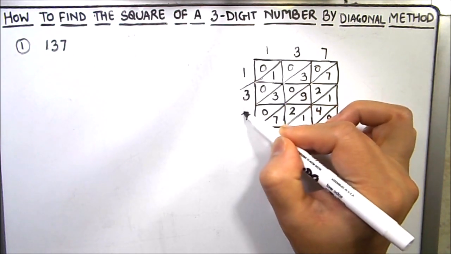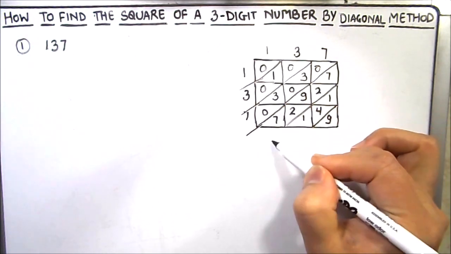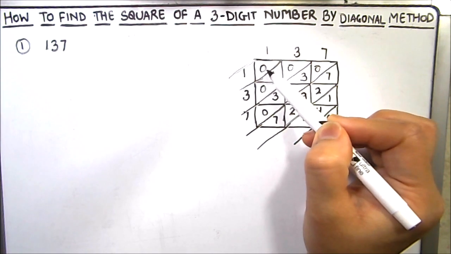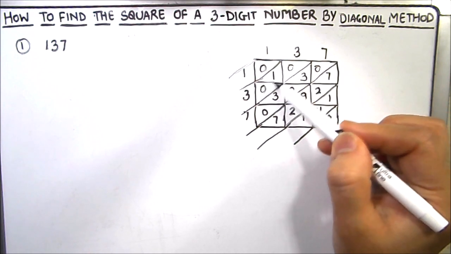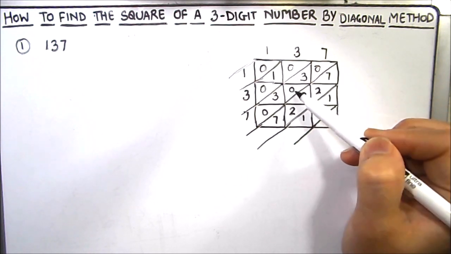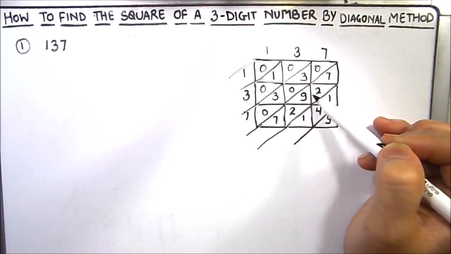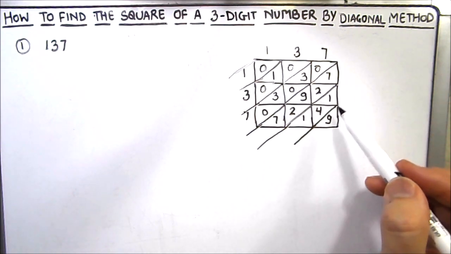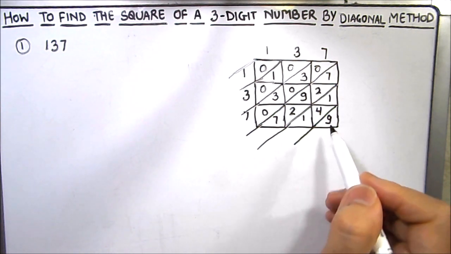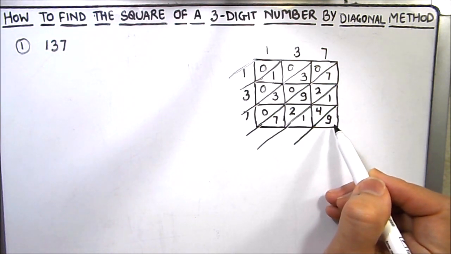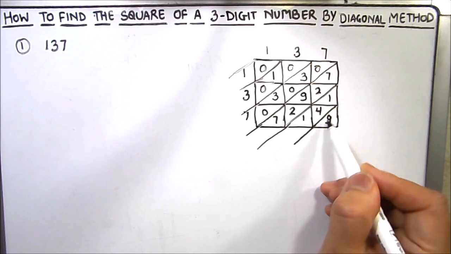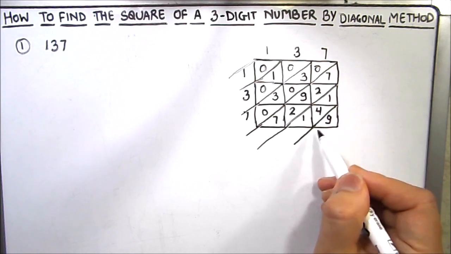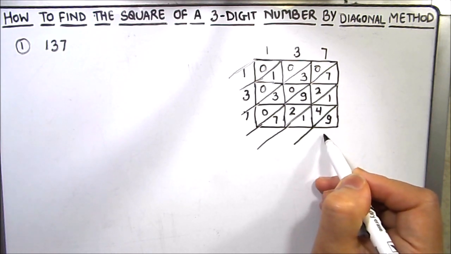So let's increase the diagonal length here so it is easy for us to understand where we are adding the numbers. The numbers here will be 0, 0, 1, 0, 0, 3, 0, 3, 0, 7, 2, 9, 2, 7, 1, 4, 1 and 9. So we'll be adding these numbers. We have to keep in mind that we have to start adding the numbers from the lowest diagonal. So here our lowest diagonal number is 9. 9 plus there is no other number, so this will become 9.